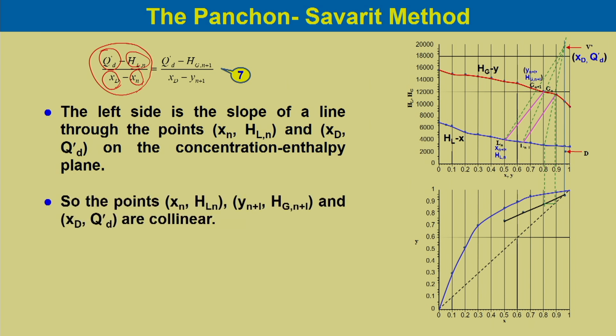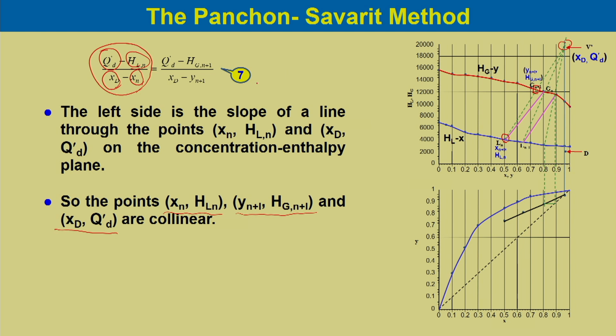So, these three points, Xn HLn, Yn plus 1 Hgn plus 1, and Xd Qd dash, are collinear,